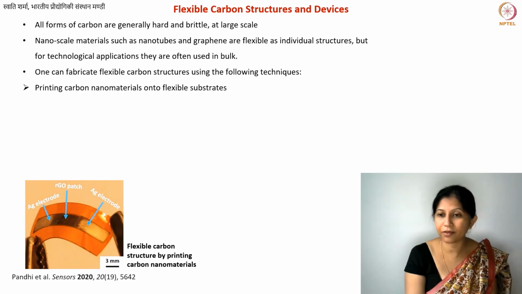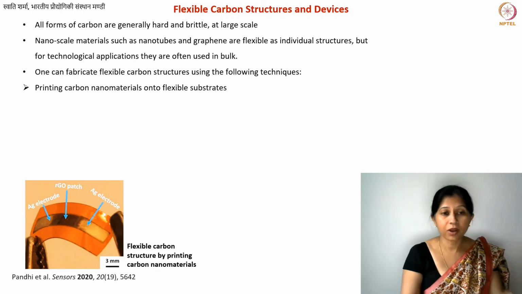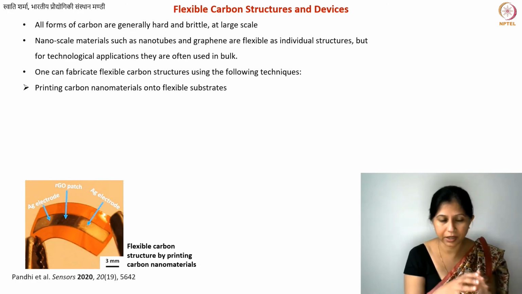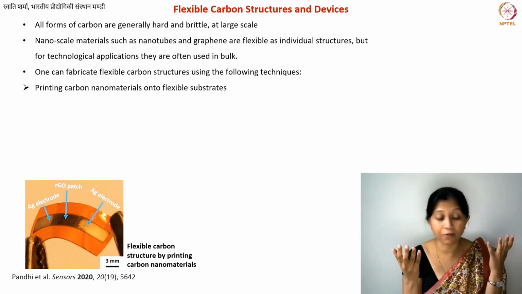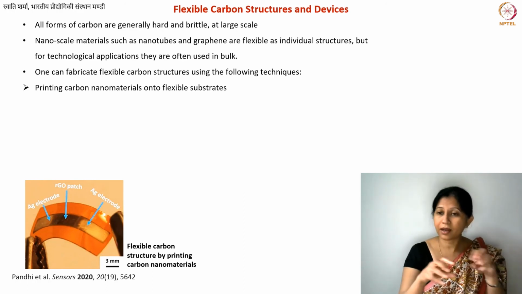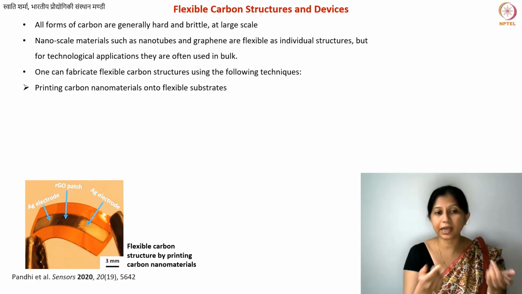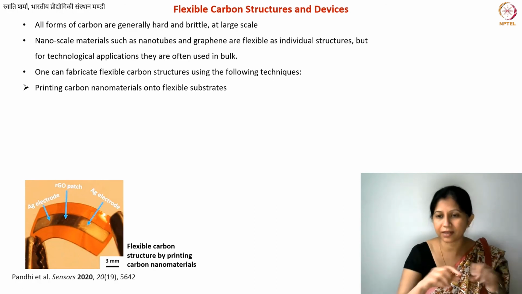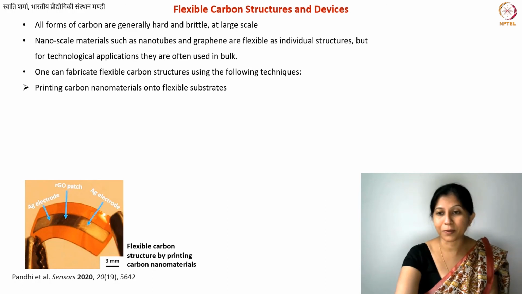This is an example. I have found this picture somewhere. So here you have graphene oxide, which is also a related material. You can have carbon nanotubes. You can have graphene itself, multi-layer graphene. So you can make an ink, and then you can print these devices. And typically this orange color substrate that you see, these are polyimide sheets. But you can also use any other sheets, any other flexible polymer, even PDMS, if you want to make flexible devices. Okay, so that is technique number one.